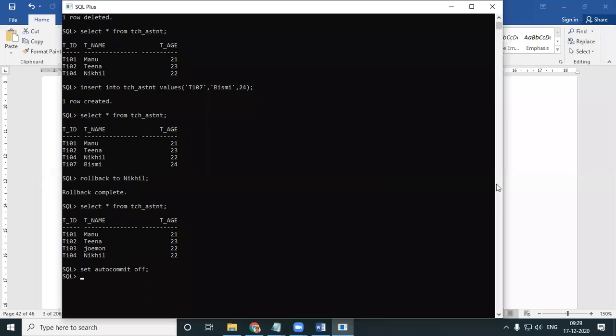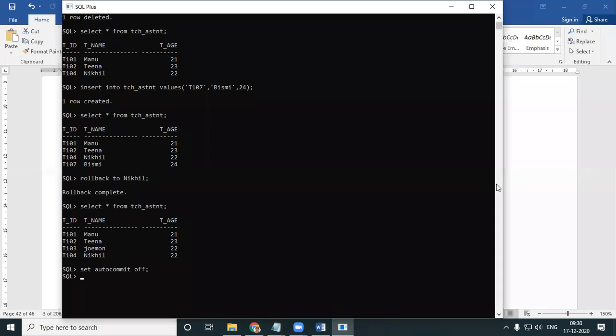I'll go with the question once again. Analyze the differences between auto commit on and auto commit off with respect to: A part, simple rollback statements.